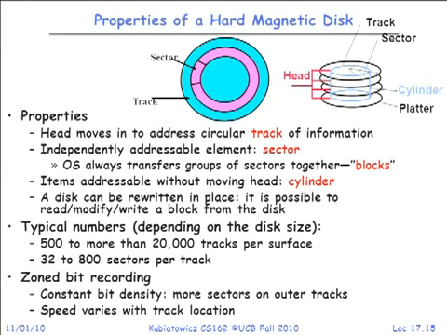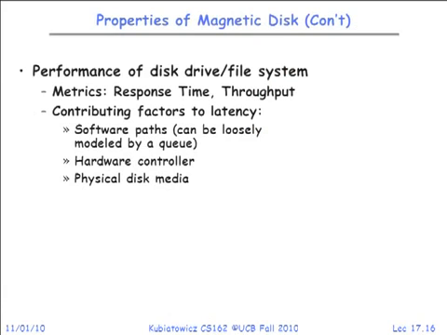But let's suppose we're interested in the performance of these devices. First of all, what are the metrics we care about? Some of them might be response time or throughput. We could ask, from the point at which I make a request until I get my data back, what is that response time? That could involve moving the head, waiting for things to rotate, and then reading the data off the disk, and then I've got my data. So there may be multiple things involved in getting my data back. Throughput